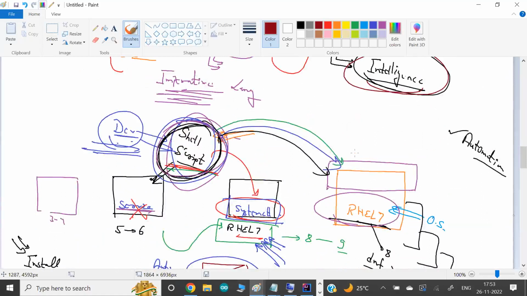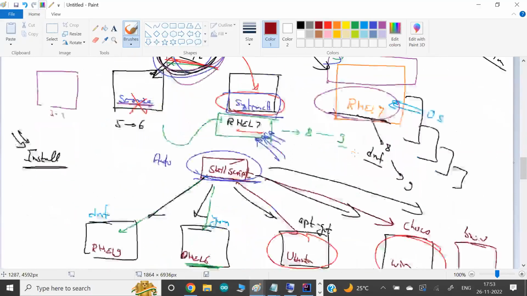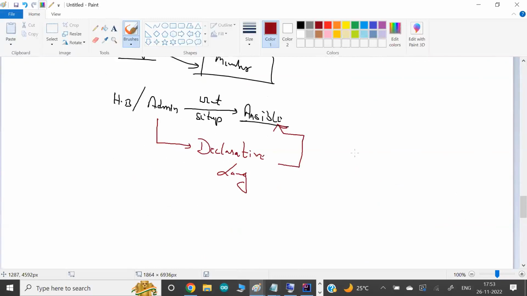Now, before we get to the way we use it, one more thing I want to add, just for knowledge. It is obvious that if you want automation, it does not matter whether you use Ansible or any other tools and technologies, or work in any other area of IT, you have to write code.